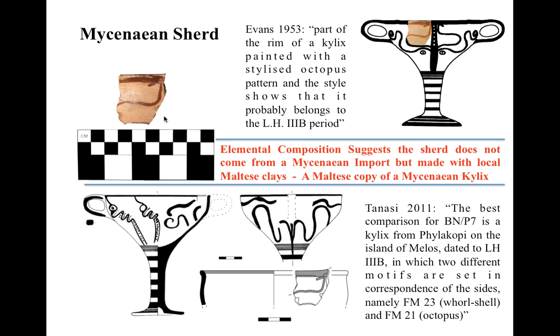The trace elemental composition of this shard indicates, however, that it is made of a local clay source to Malta. And this is significant because it was believed that this shard came from a calyx that was produced outside of Malta, indicating that the Mycenaeans were in contact directly with the Maltese during the Borg in-Nadur phase of the Middle Bronze Age. The fact that it's a local reproduction, essentially,